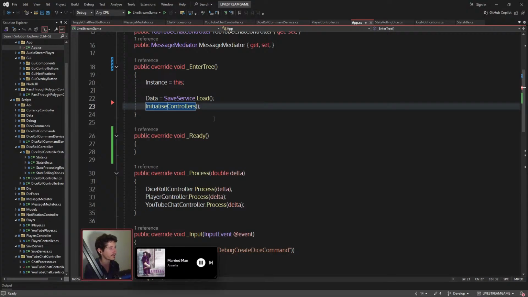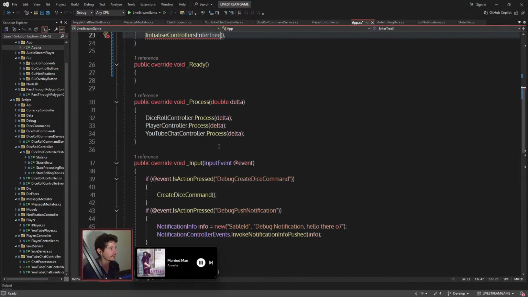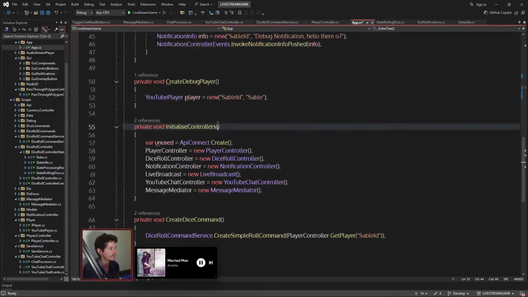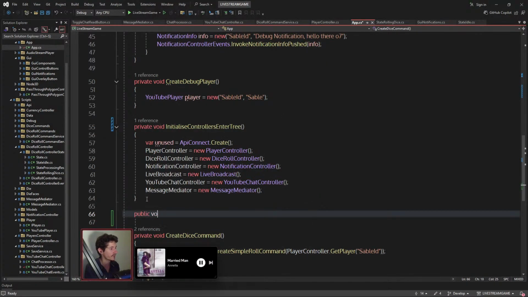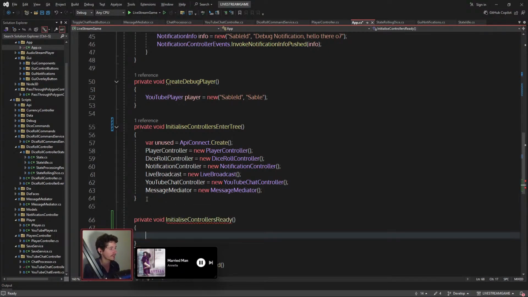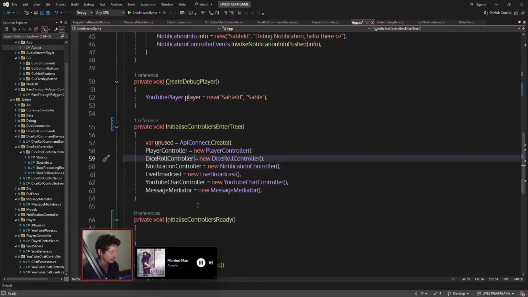That would be like the enter tree method. And we would make another one, public, private actually. Initialize controllers ready. And here,